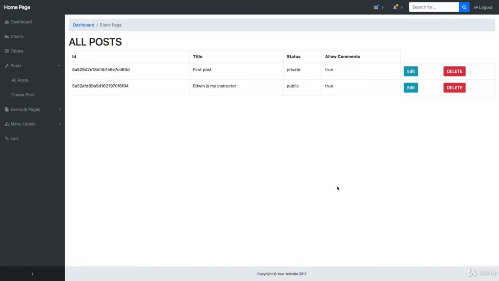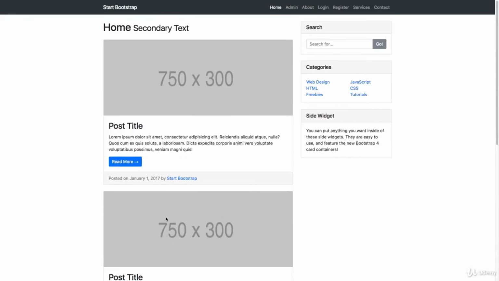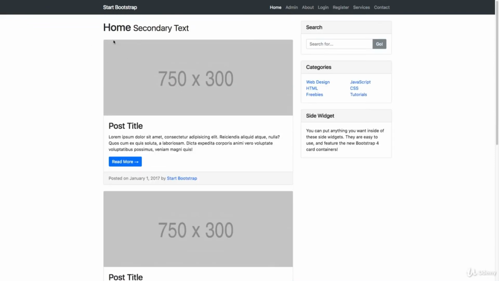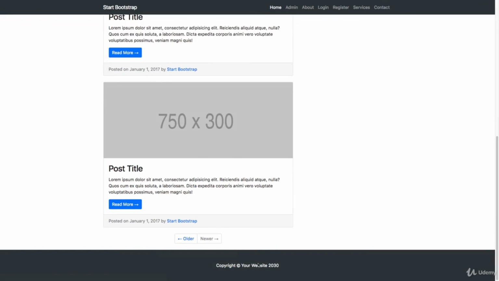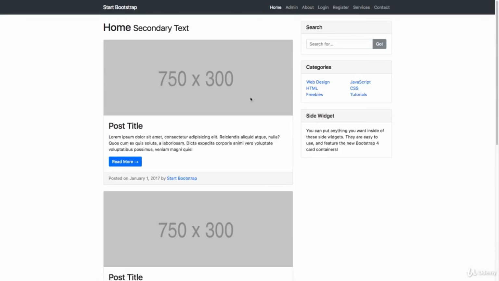Not only test it, but I want to be able to have a whole bunch of different posts here, so that way I can show it in my front page as well. And I would also like to have maybe a navigation, right? Because if we have so many different posts, 100, 200, you have to scroll all the way down to see all of them. That is annoying. So what I want to do is create some fake data.